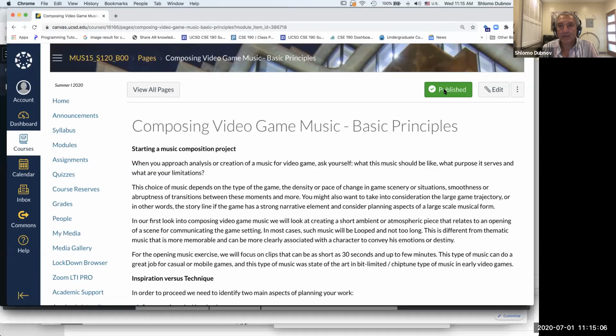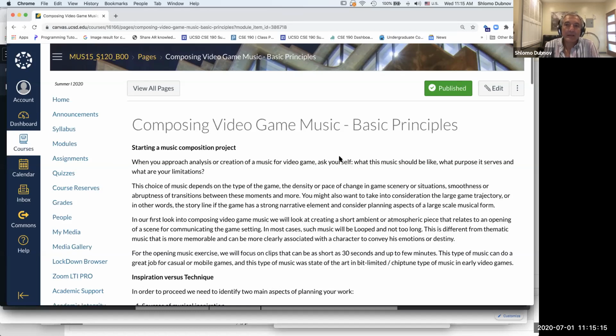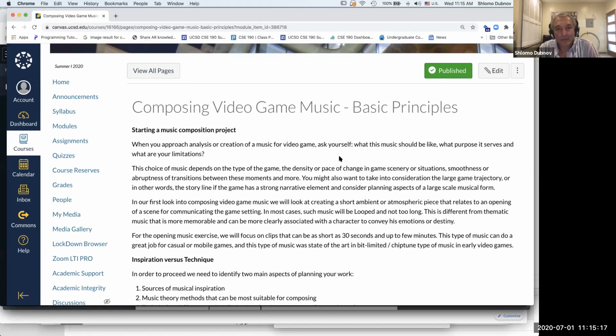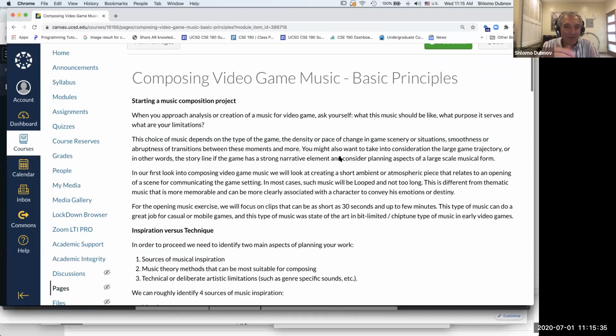All right, so the section that we're going to focus on is the principles of composing for a video game. And if you have never approached a musical instrument creatively, it might look intimidating. Really, my purpose is to make you experience music and have fun with it. So if you feel intimidated, don't run away. I really wanted to bring you back to the keyboard or to the sequencer and try it out.